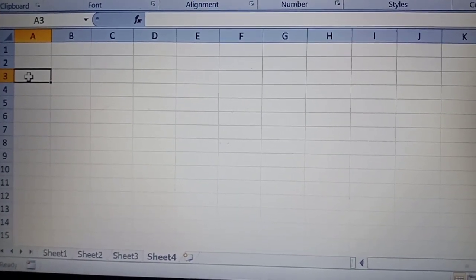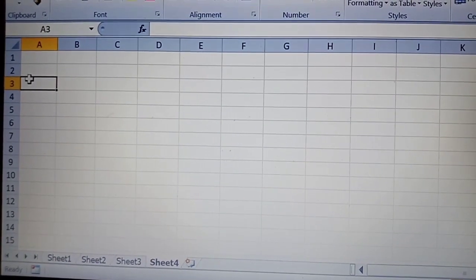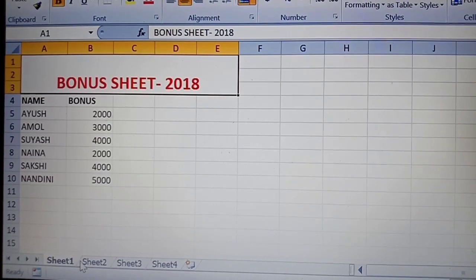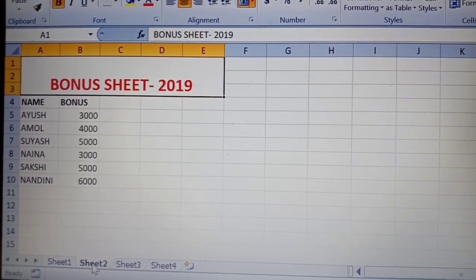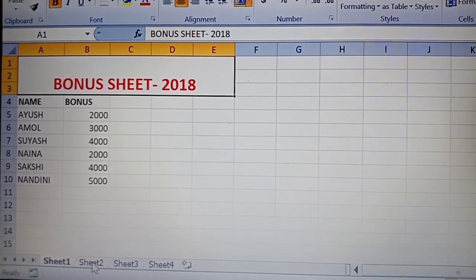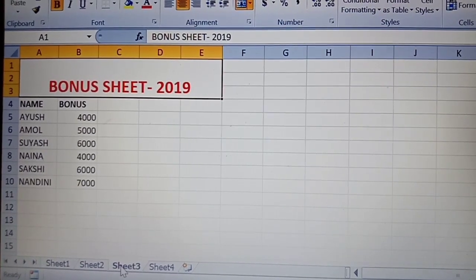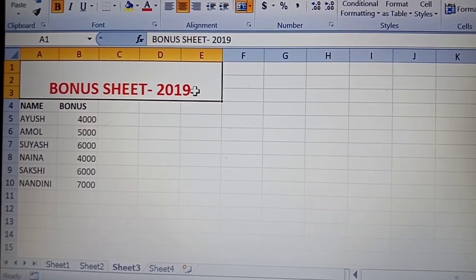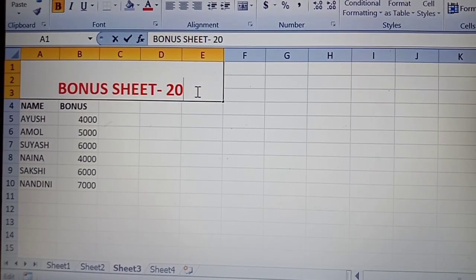The 3 years are in 3 different sheets: the 2018 bonus sheet is in sheet 1, 2019 is in sheet 2 and 2020 is in sheet 3.